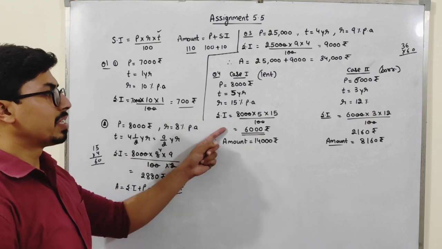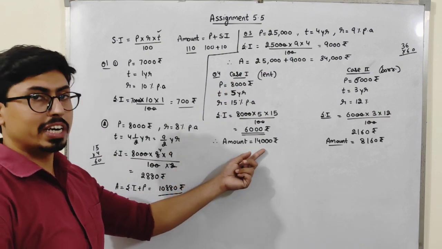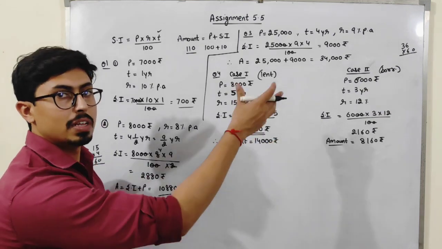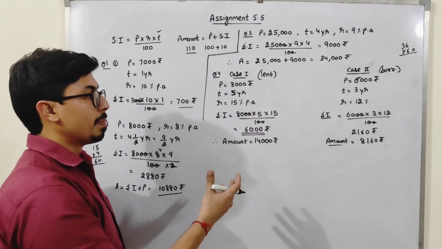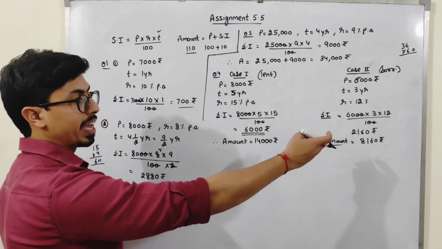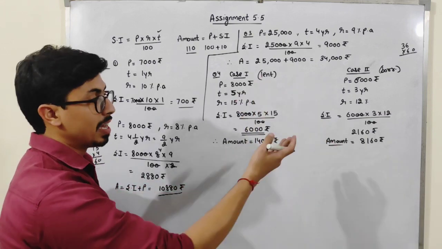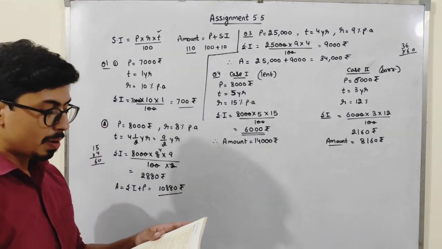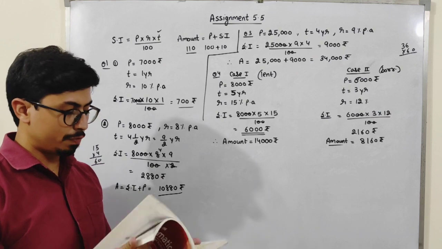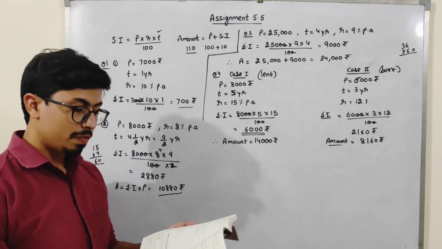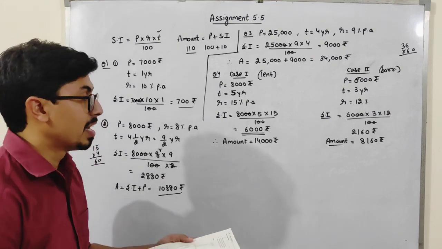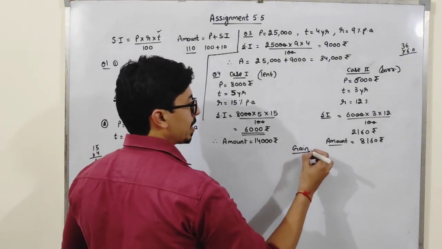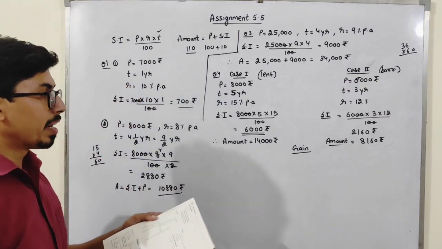That means from here he will receive 6,000 as interest, and the total amount that he will receive is this, and from here he gets this amount. So that means he has gained something. Because he will get a profit, because here he will give someone 8,000, but from here he is getting 14,000, so he gets a profit, students. So for question number 4, yes, he gets a gain, students. So this is my required answer.